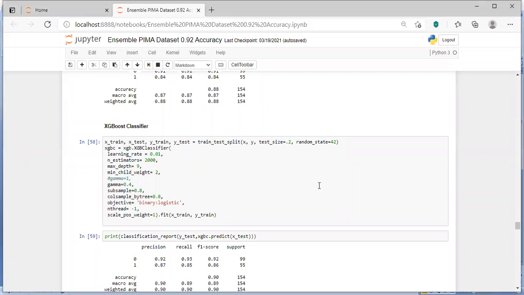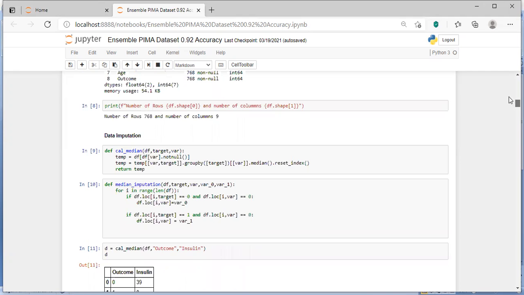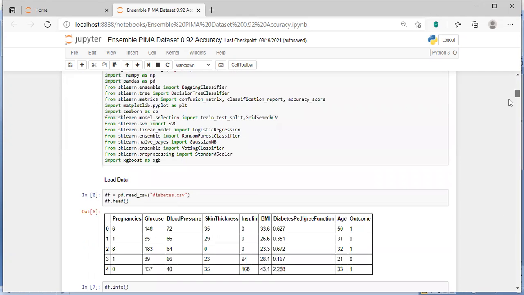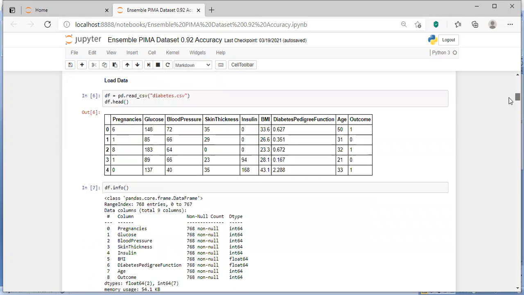So today I would like to discuss XGBoost, that is the extreme gradient boosting classifier. I already discussed the Pima Indian data set. You can recall, this is the data set, and what you need to do is predict. It is basically a binary classification problem. You need to say whether the patient is a diabetic patient or not.